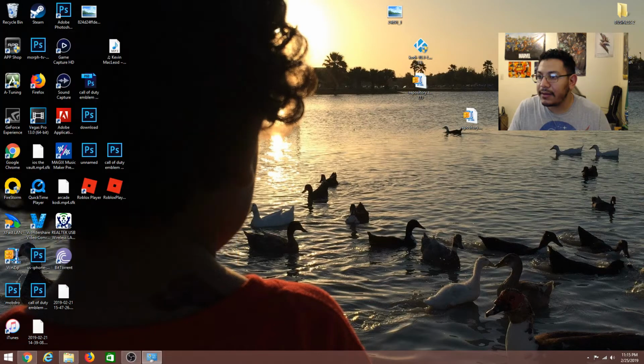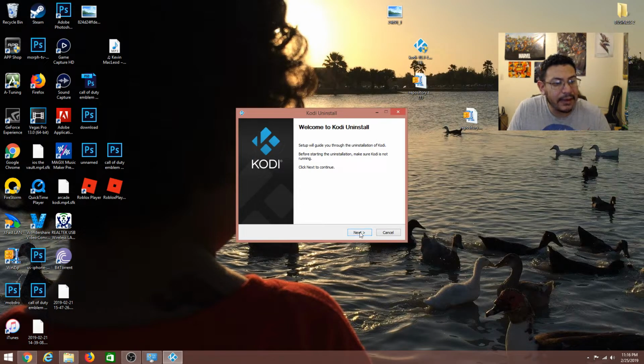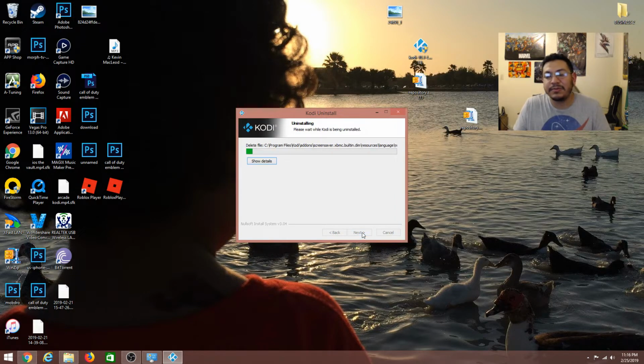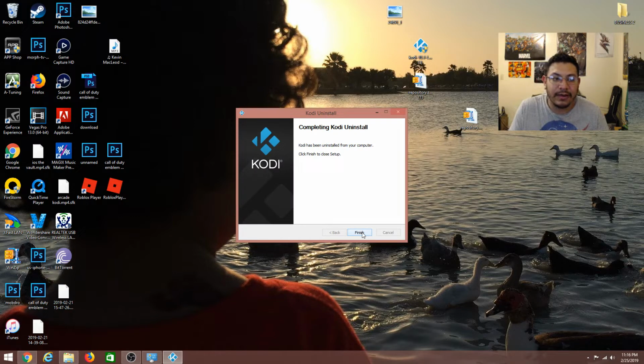Go to your program, change the program, uninstall. I'm going to click on uninstall, so it should pop up here. On here, you click next, but before you click on uninstall, you need to click on this box right here. Then you click on install, and that box pretty much says that you're giving permission to delete the profile folder pre-made. So if you have a build and you don't click on that checkbox, you will reinstall Kodi,